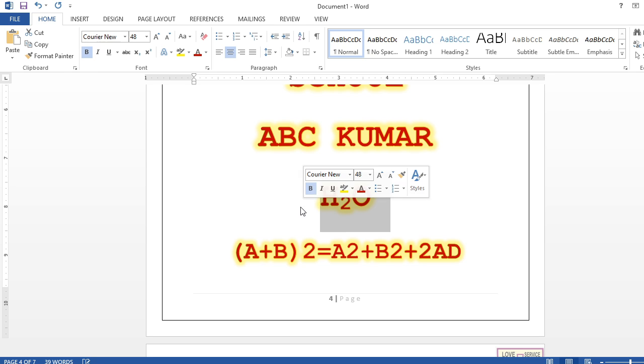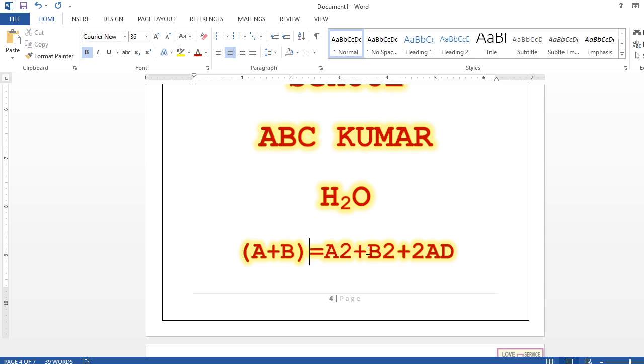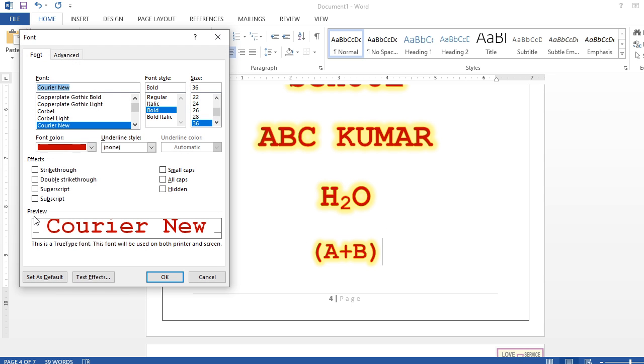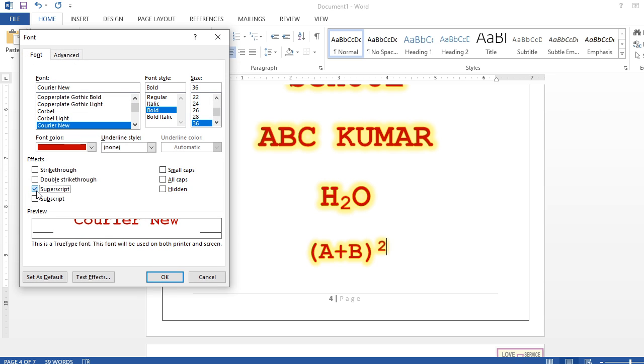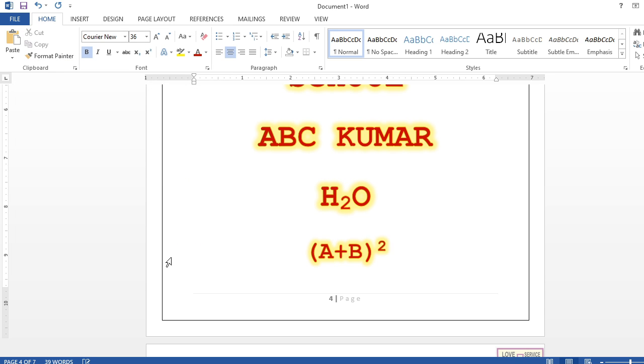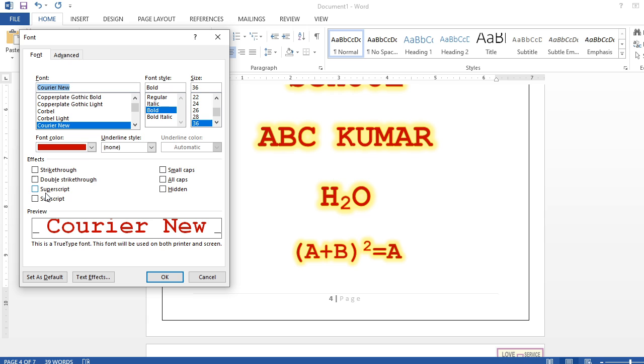Just check this formula you have written. Then here you have to type a square plus b square plus 2ab. So what is (a plus b) square? The square will be superscript. I am going to write here a plus b square, done. Then again come back down here, again press OK, equal to a, again square is superscript.